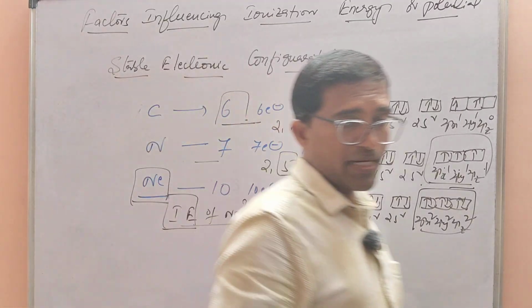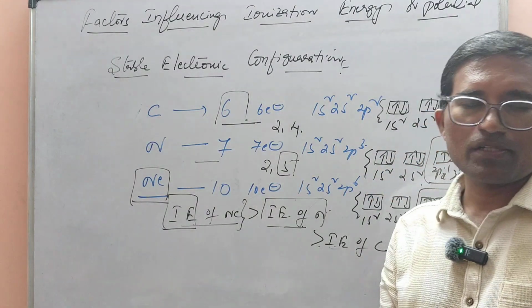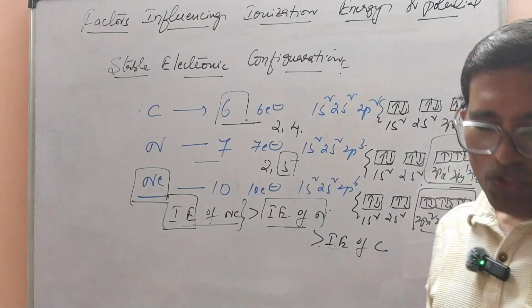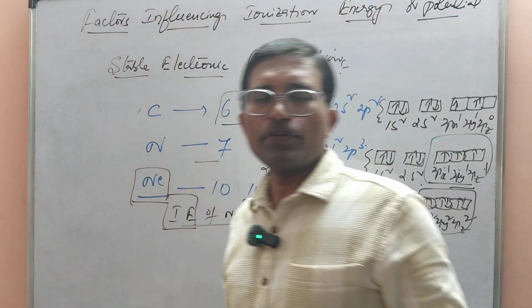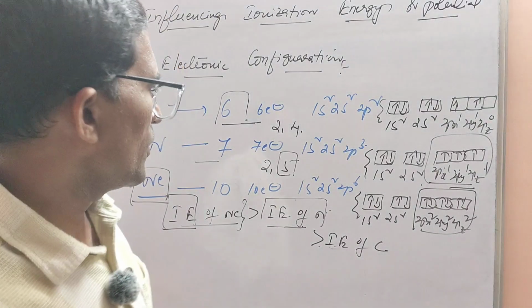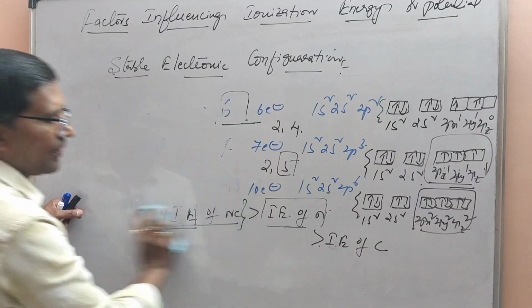By this we can understand that elements with half filled orbitals and fully filled orbitals, primarily octet configurations, are more stable. So the more stable the electronic configuration, the more will be the ionization energy. I hope you all are understanding my explanation. Next one is